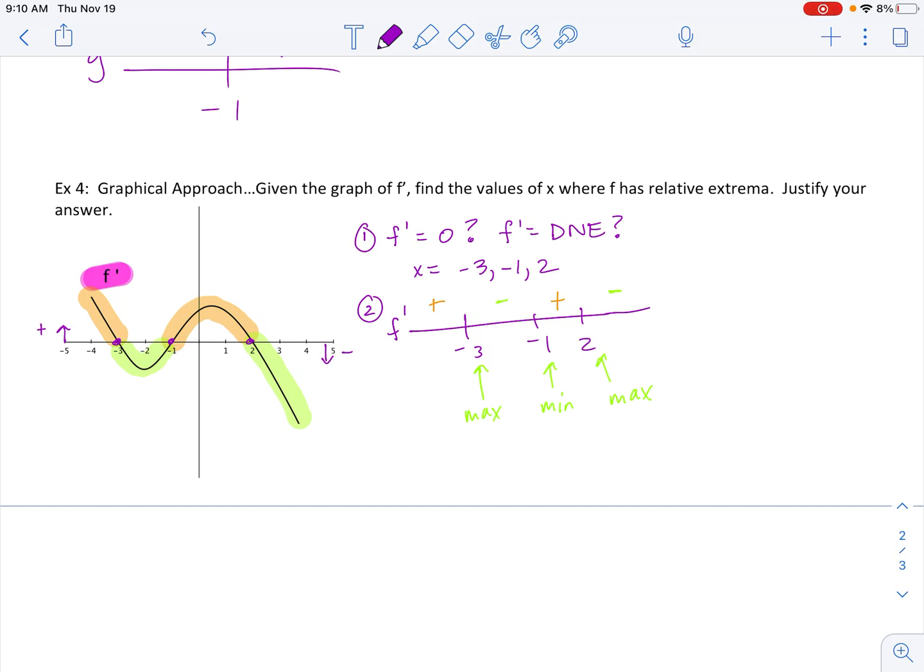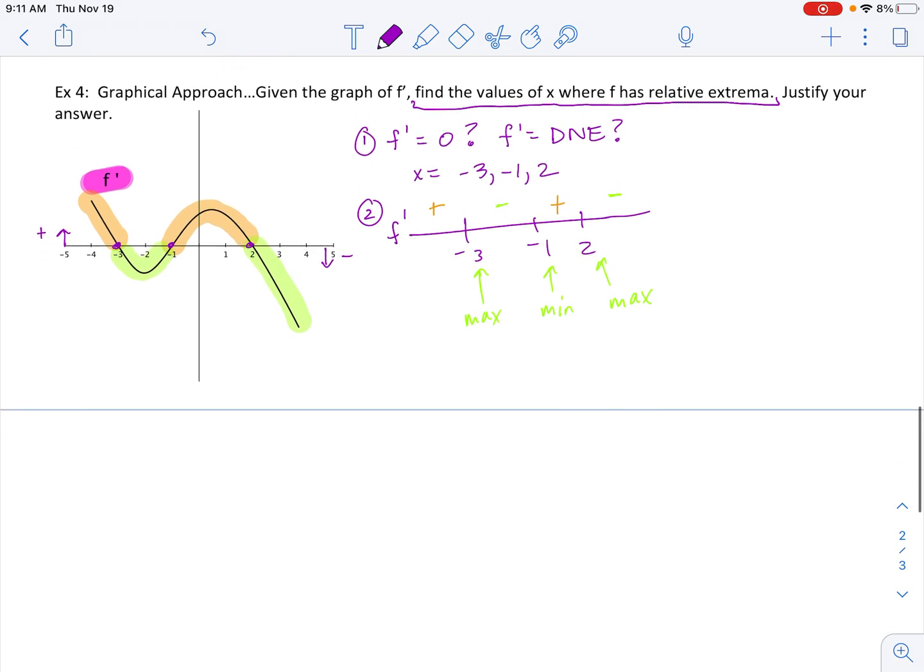So the way this question is worded, it says find the values of x where f has relative extrema. Notice it doesn't say find the relative extrema because we don't really know what f looks like. We just know what its derivative looks like. So to answer this question, I would say the values of x are -3, -1, and 2 because f prime changes sign at each value of